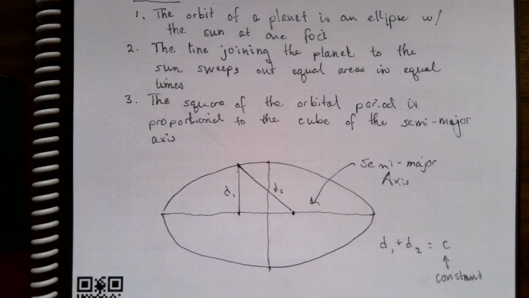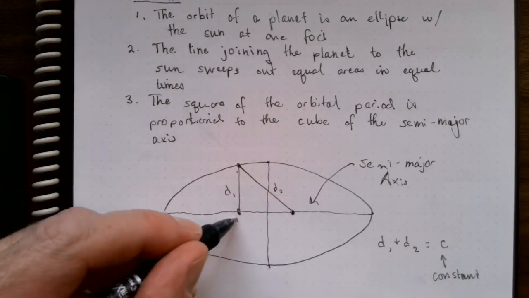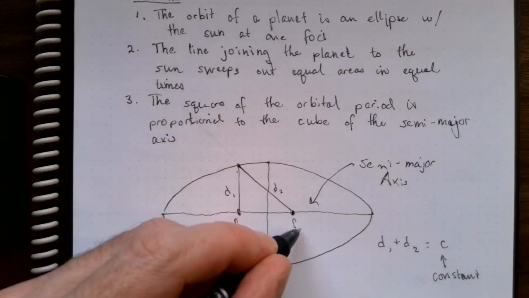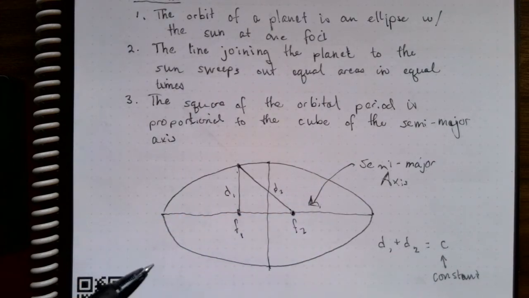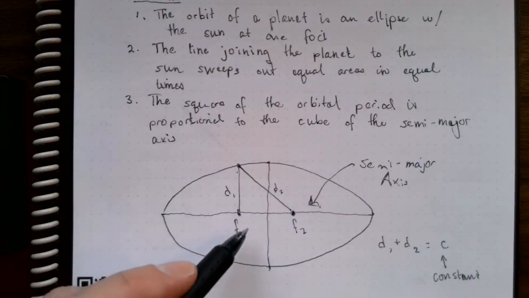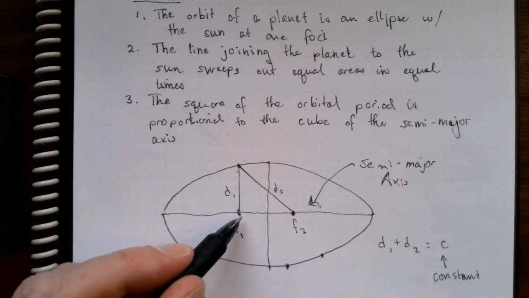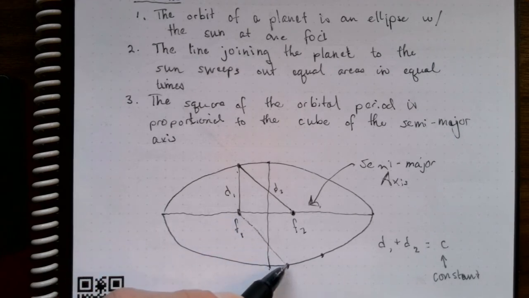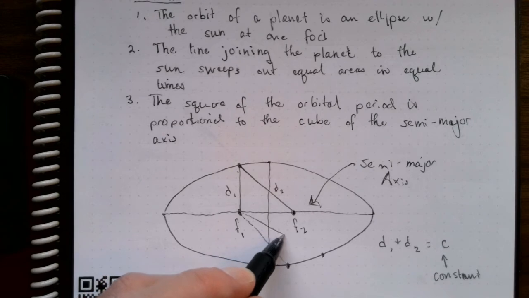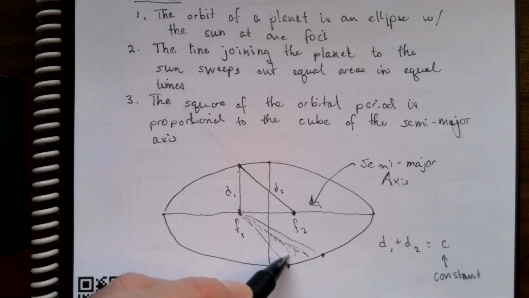That varies depending on the ellipse, but no matter where I go, if I took the distance between these two points, focus 1 and focus 2, the sum would be constant. So what Kepler's law is saying is that if I look at the time it takes my planet to get from, let's say, here to here, and if I look at the line segment joining the planet to my one focus where the sun is, if I look at that area,